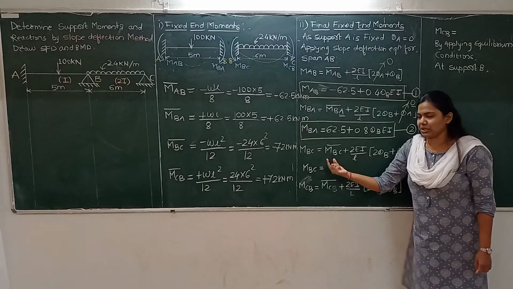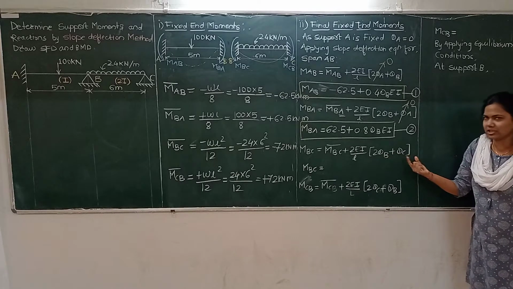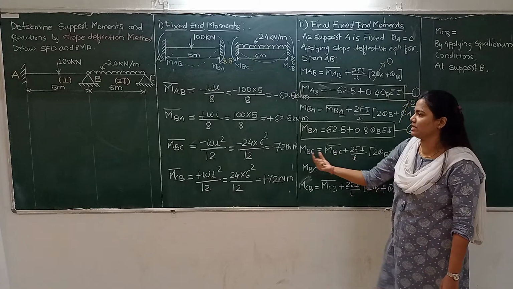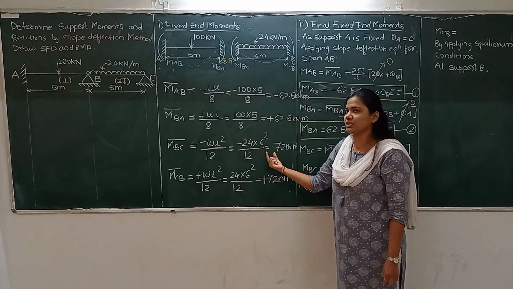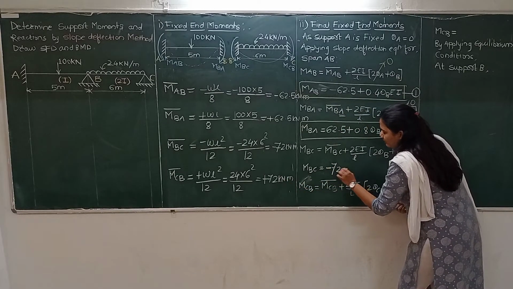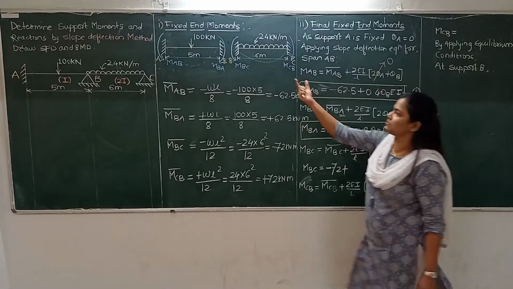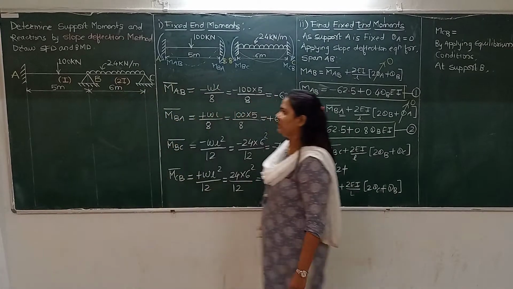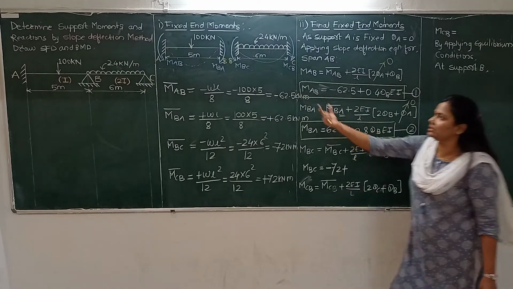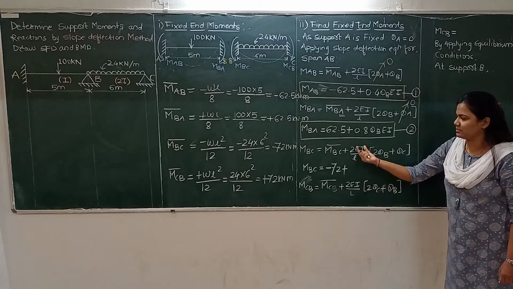Now if you observe this equation, both theta B and theta C exist. So the equation becomes MBC bar, the value of the fixed moment for the BC section we already found in the first step, which is minus 72 kN. So it is minus 72, then plus, here the moment of inertia for the BC span is given as 2I. By putting the value of inertia 2I, and the length for the BC span is 6 meter, so 2 into 3I divided by 6, so it becomes 6 by 6.